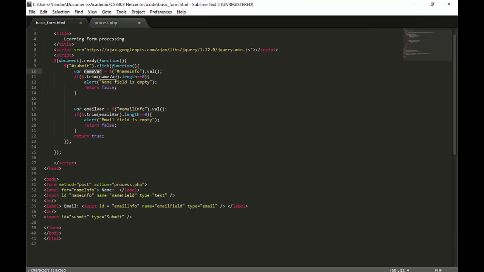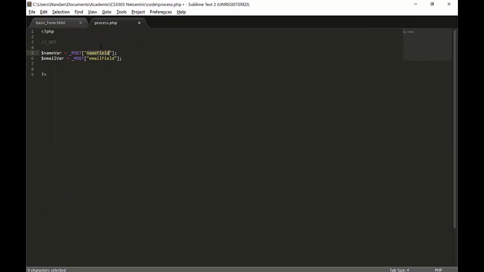In JavaScript or jQuery, or most probably even for CSS and all that stuff, we use the ID field, because ID is used by the HTML to identify that particular element in the JavaScript or in the document object model for that matter. So now that we have this information in PHP variables, we can echo them, and I'll just say name